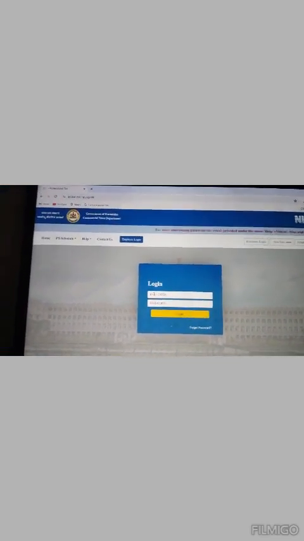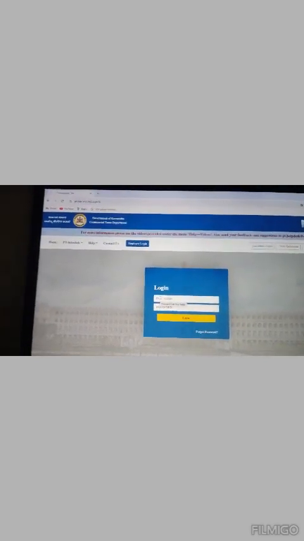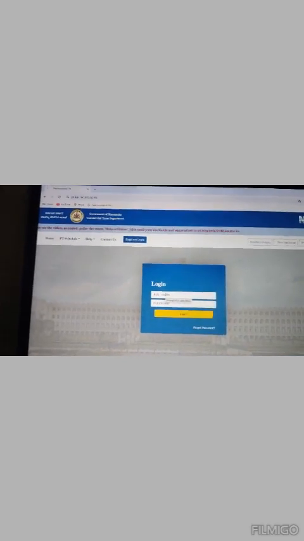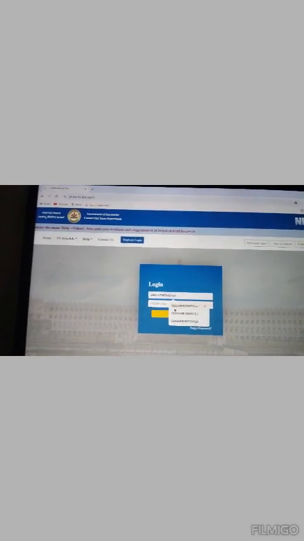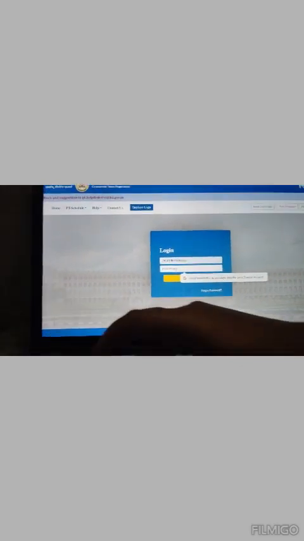If you are filing income tax returns, you will have the PAN number. You can type the PAN number here. Otherwise, if you are doing it for a company's GST registered persons, click here for GST number and type the password that you had kept. Once you log into the page,